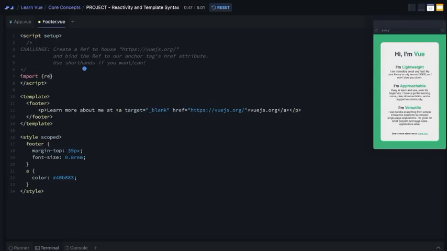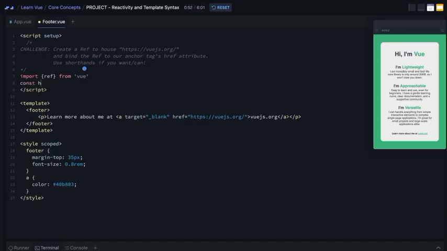First, we're going to have to import ref from Vue so that we can use it, and then we can create one. I'm going to call it href and have it equal to ref and then the Vue website. And now that I have it, we're going to bind it to our anchor tag's href attribute. So instead of the hard-coded URL here, I'm going to provide href, which is the name of the ref. And then of course, I'll have to bind it with v-bind: